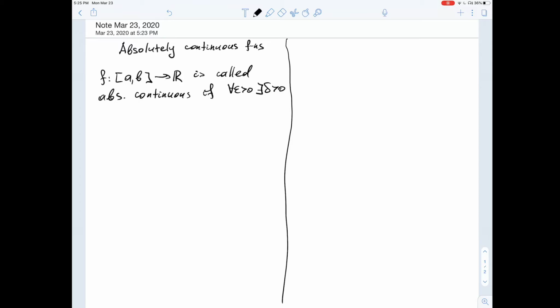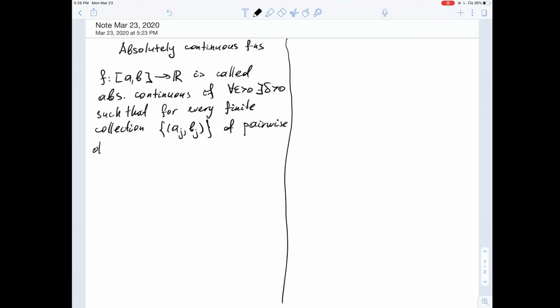We'll also say that, okay, so there exists a delta such that for every finite collection of intervals aj, bj of pairwise disjoint intervals, we have